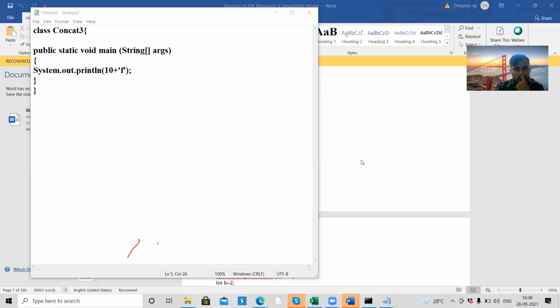Kalpana, what output? Vivek. Just assume I'm asking. What output? I have taken one integer value and one character value. 10F only. Vivek.